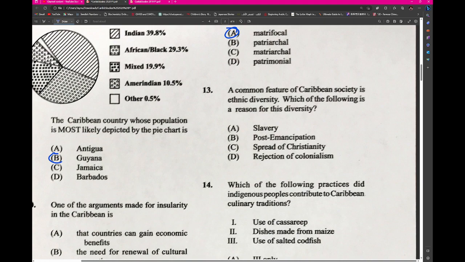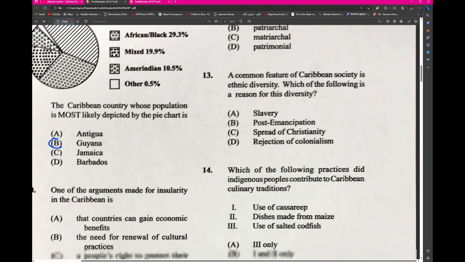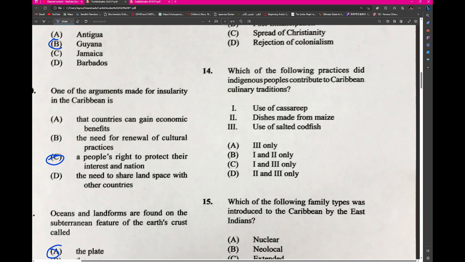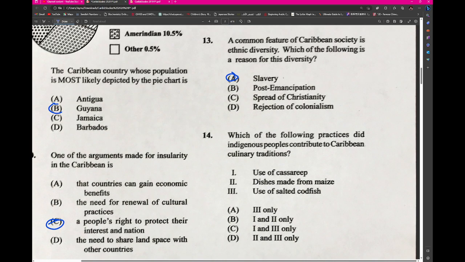A common feature of Caribbean society is ethnic diversity. Which of the following is the reason for this diversity? What would be the reason for this? I think it'd be slavery, right? Because slavery would have been the main reason for Europeans bringing Africans into the Caribbean, and after slavery failed, that caused indentureship. Indentureship was a response to the end of slavery, so it would have brought the other Asians to the Caribbean,